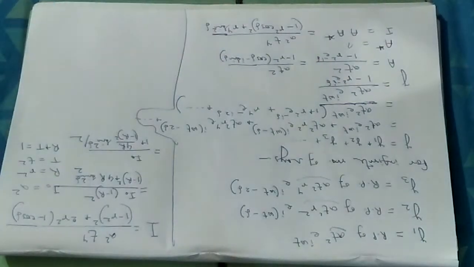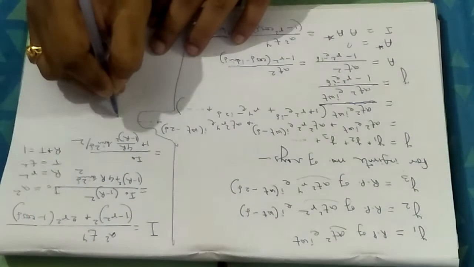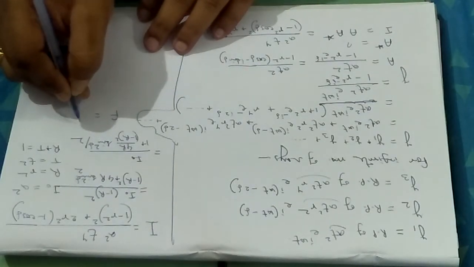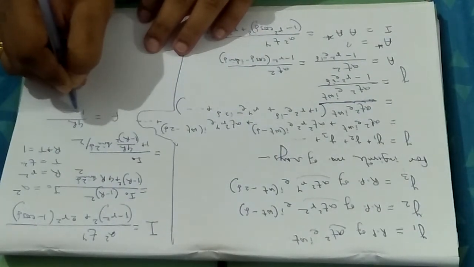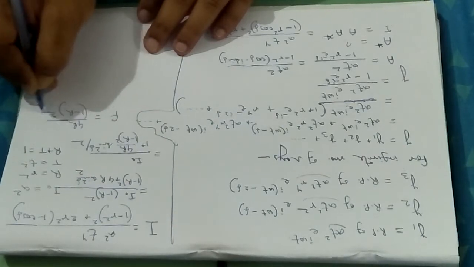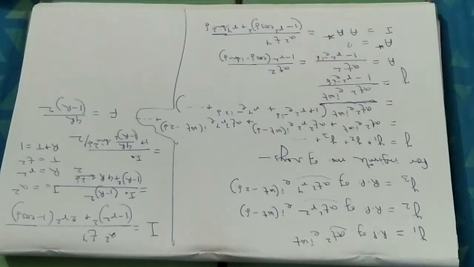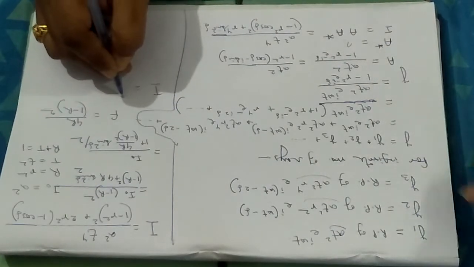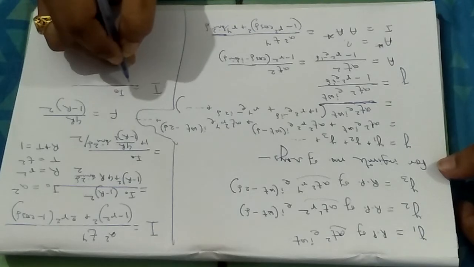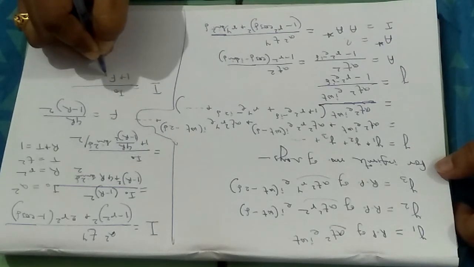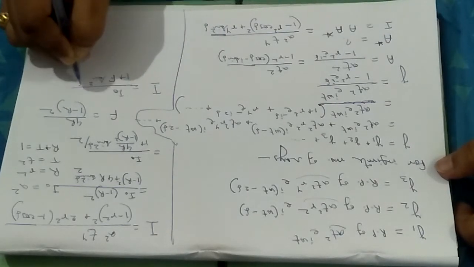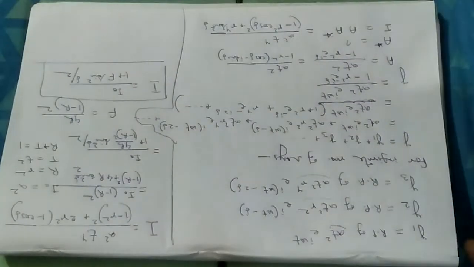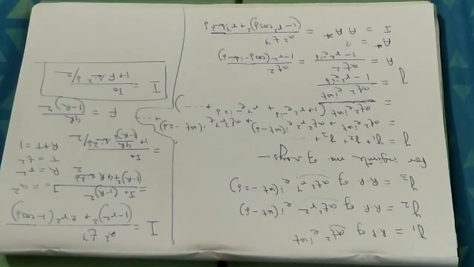Now let me introduce a new term, for simplicity of calculation, F. F equals 4R whole divided by 1 minus R whole square. So I can write I equals I0 whole divided by 1 plus F sine square delta by 2. This will be the intensity expression in the case of the Fabry-Perot interferometer.